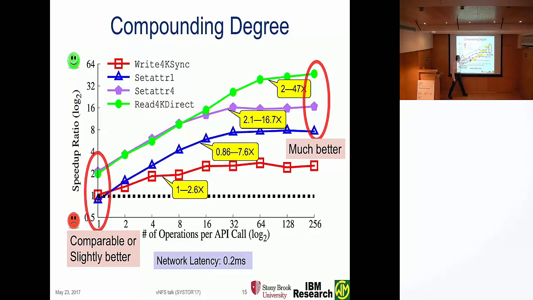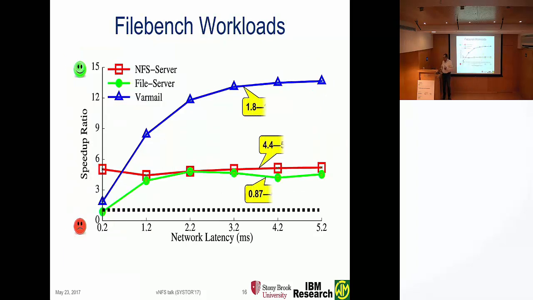And the second thing is we did get slight degradation in performance for setting 1 attribute and only 1 operation within a compound, because there is still some overhead to adding all this processing, and everything we still are doing at user level, and this is not highly optimized code.